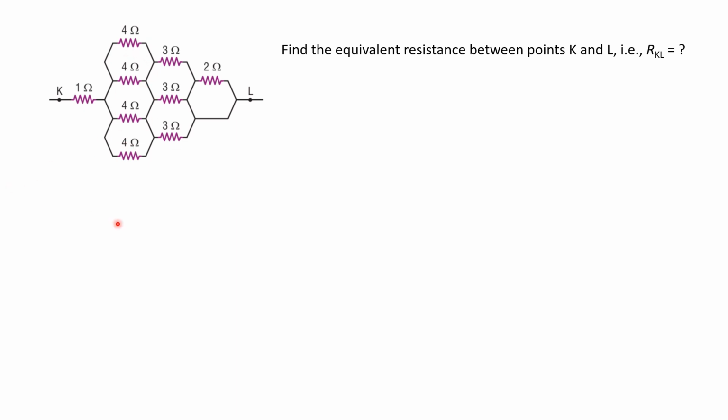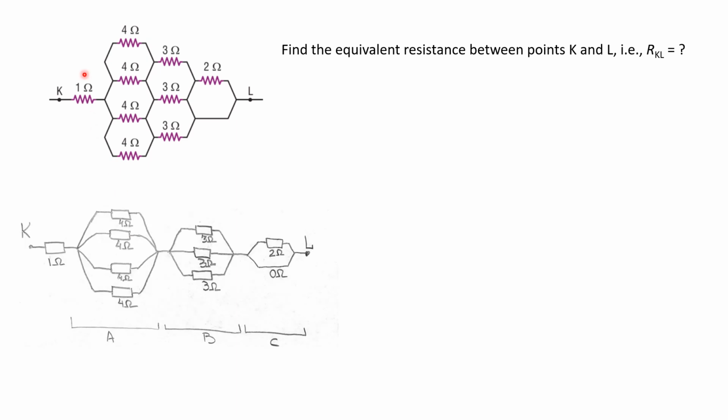So let's redraw this network. Well, so you have 1 ohm resistor here, 4 ohm resistors that are parallel, 3 ohm resistors that are parallel to each other, and 2 ohm and 0 ohm resistor, which is again parallel to each other. And all these, the 1 ohm and the network A, network B, and network C, are in series with each other. So let's evaluate these